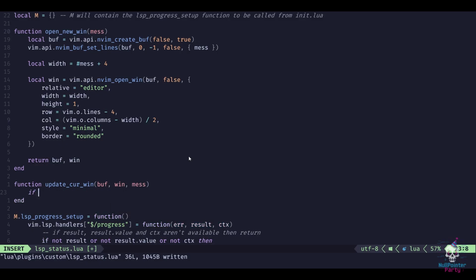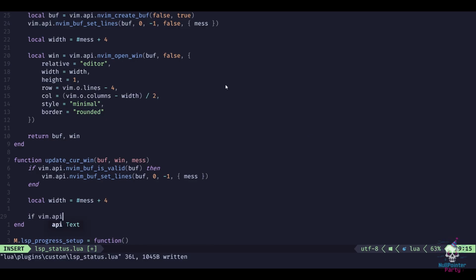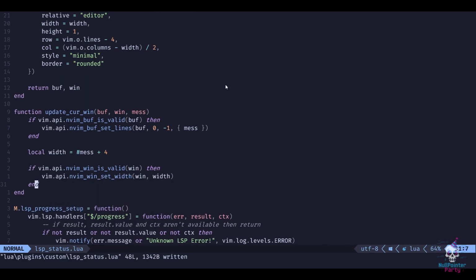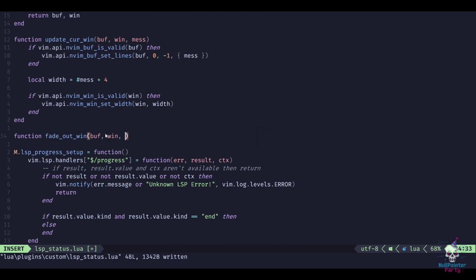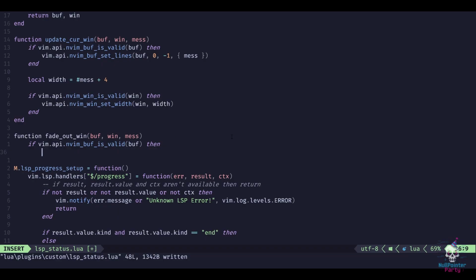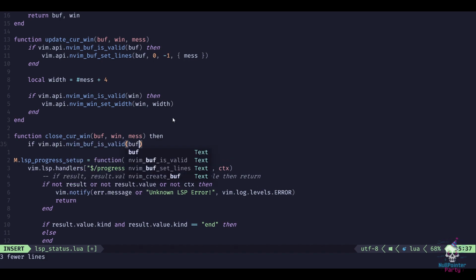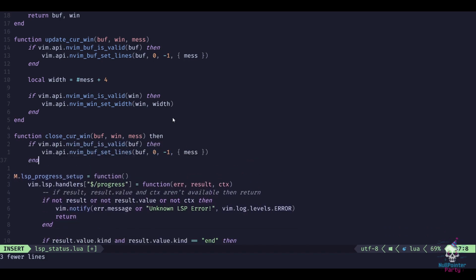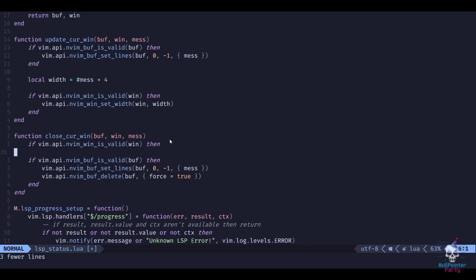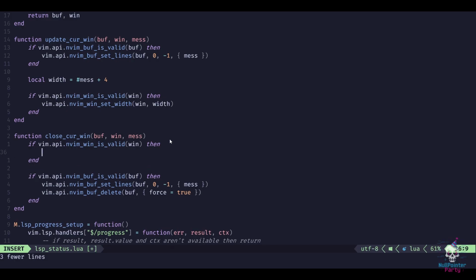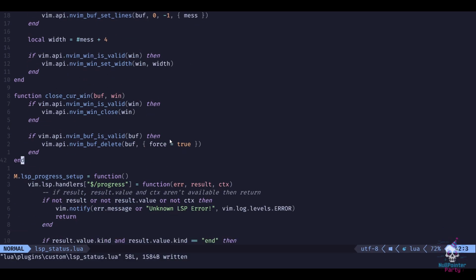Second, we will have the update current window function, which will take buffer ID, window ID, and the message as parameters. It will simply overwrite all the messages in the current buffer if the buffer ID and window are valid, of course. After that, we will have our closing function, which will again take the buffer ID, window ID. Here I decided not to use the message as a parameter and instead only put the closing logic inside the